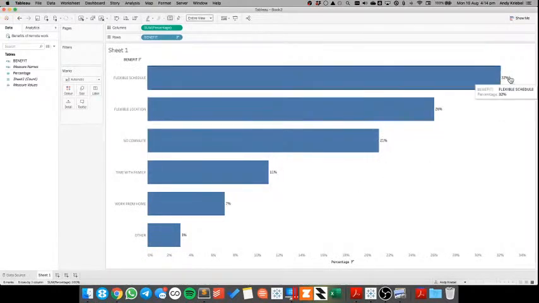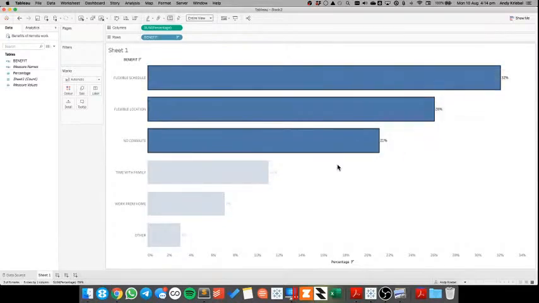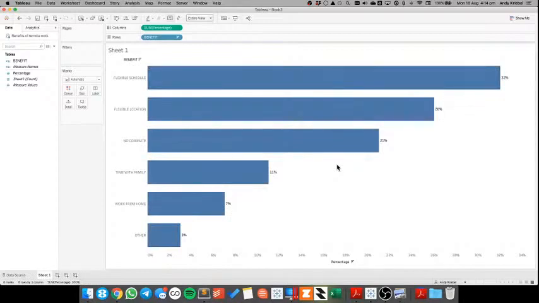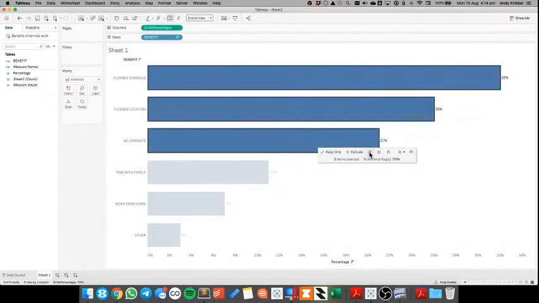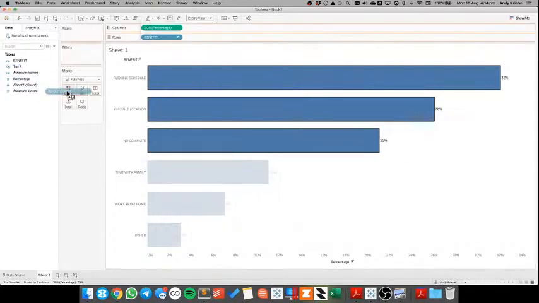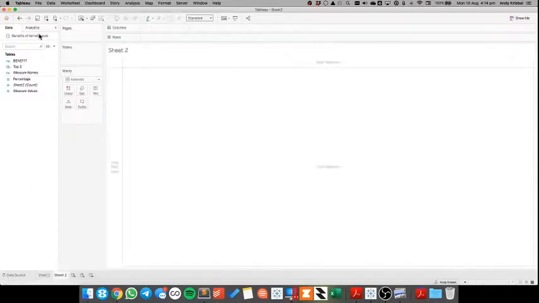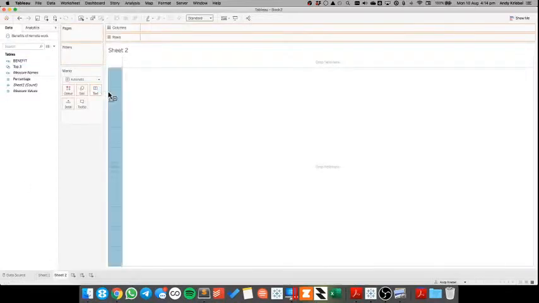Okay, so what does this add up to? So 58, so it's 80%. So I could maybe, let me try something. So let me create a set for those. So top 3, and I'm going to put that onto color. And now I've got my top 3 and then the all other. So that just kind of helps me see that the top 3 make up 80%, because then what I can do is I could put